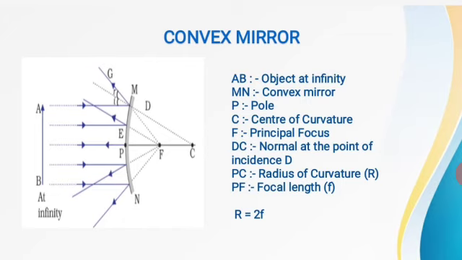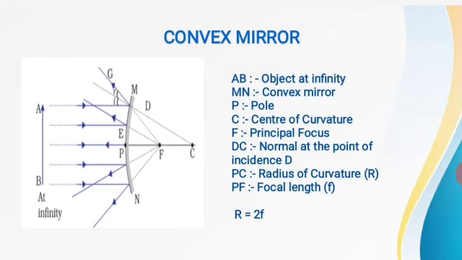Let us look at the second ray. The second ray also gets reflected and when pulled back, it meets at point F. Look at the fourth ray and the fifth ray. Similar things are happening. The rays fall on the mirror, they get reflected and we extend them backward to meet at a point that is F. Now why are we extending it backward? We use a dotted line for extension because they are not the real rays of light. The ray has already got reflected. This is a geometrical construction that we are doing to study some important points.